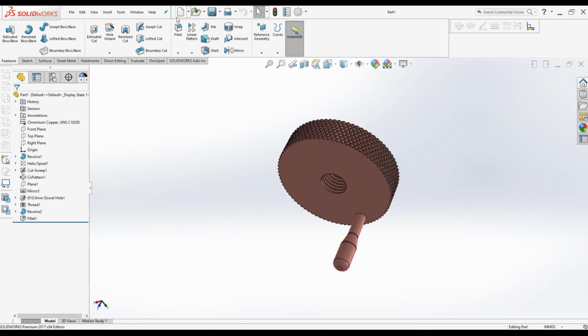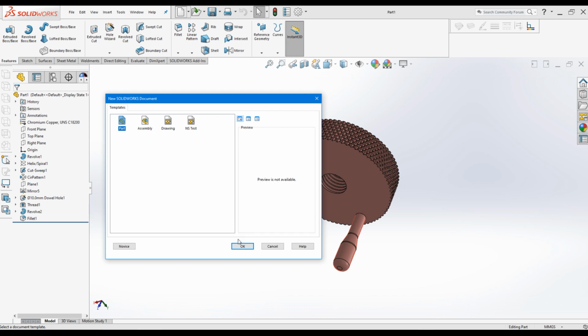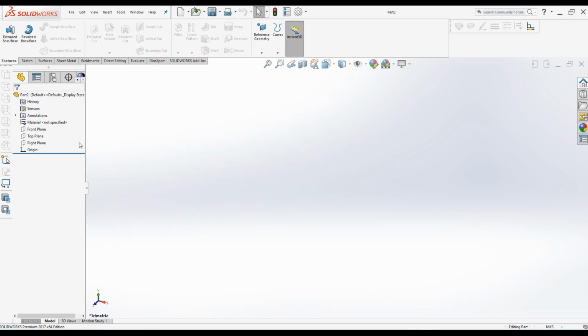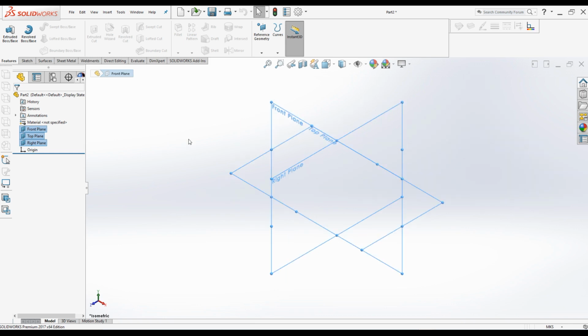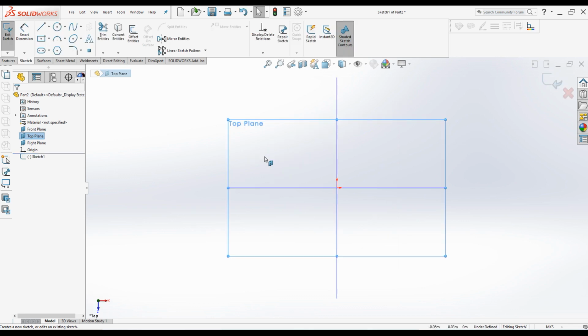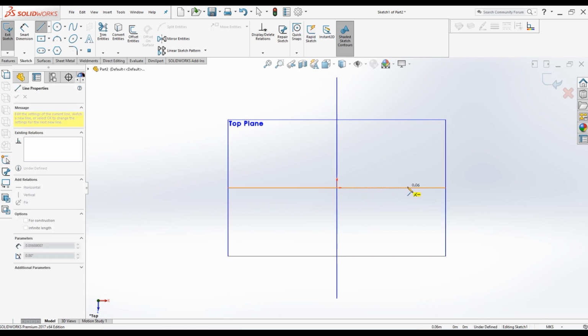First, open up a new part file. Select part, click OK. Then I will make all these three planes visible and press Ctrl 7 to go to isometric view. Then click on top plane and make a new sketch. Click on line command, create a sketch similar to the shape of the revolve,